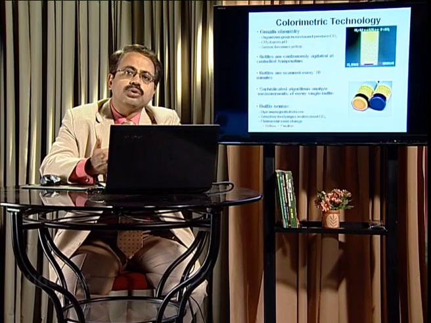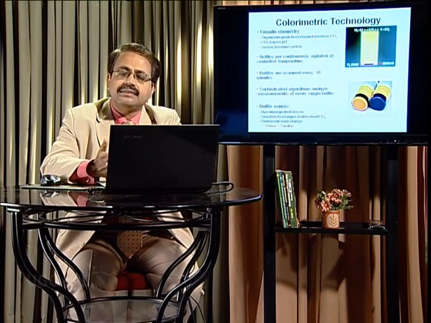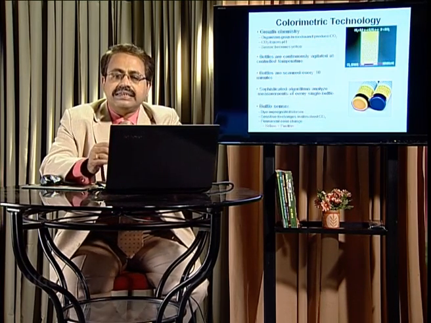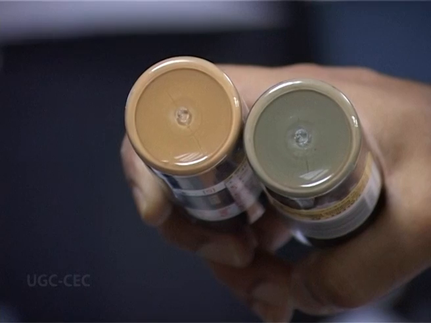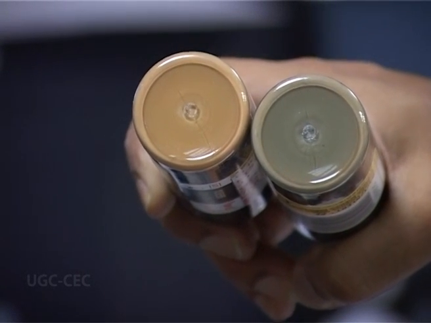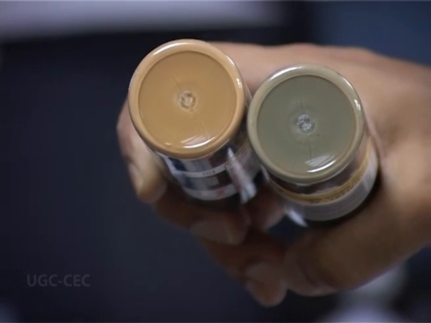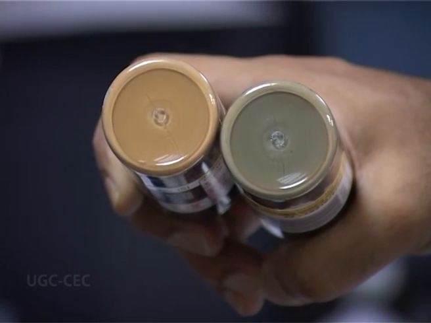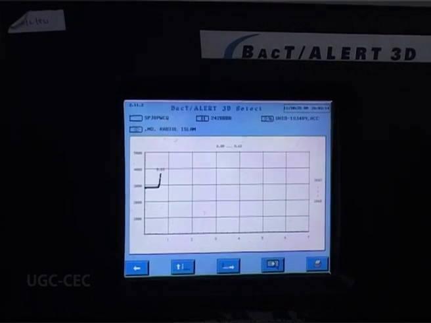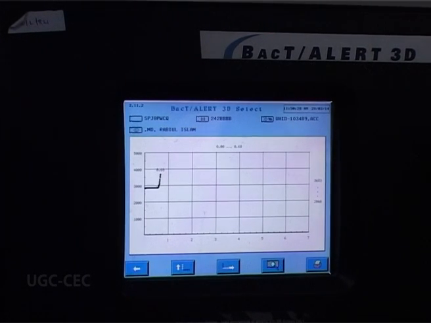And when the pH goes down below a critical limit, the sensor, which is usually at the bottom of the vial, changes color from green to yellow. That is detected by the system and it flags the bottle as positive. Positivity usually comes within 24 hours of inoculation of the vial. In 90% of the cases, it is within 24 hours. Sometimes it comes as early as 4 to 10 hours. So it reduces the time to detection of bacterial growth.